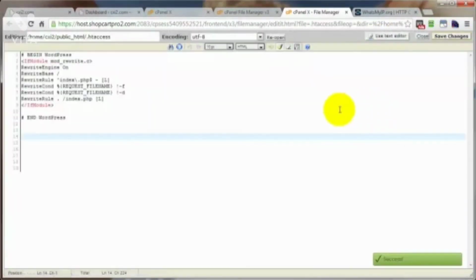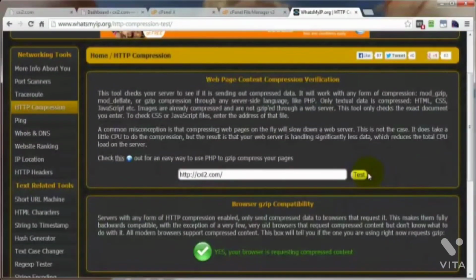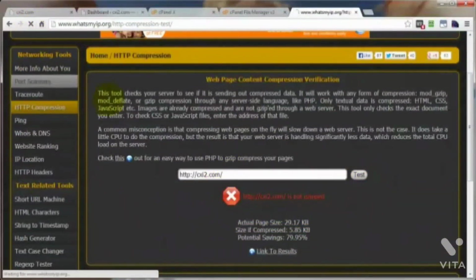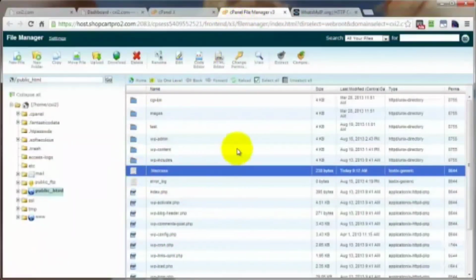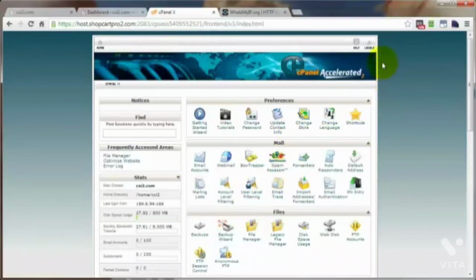Save changes. So right now we are un-gzipped. Now we can close. And just to double check that we're no longer gzipped, run the test. No longer gzipped. Okay, so that's what I'm looking for. Let's just refresh. And we're done here. Get out of here. And we're pretty well done here as well, so I'm going to go ahead and log